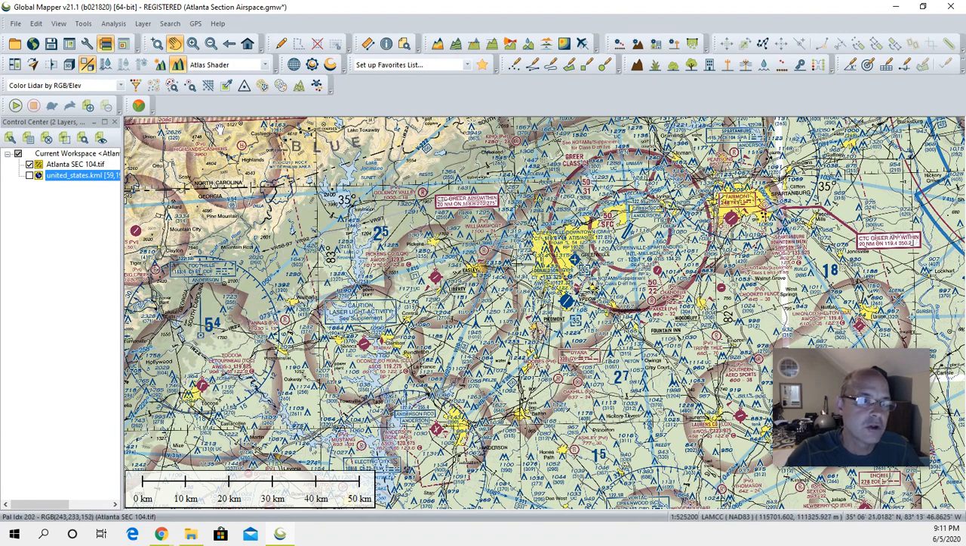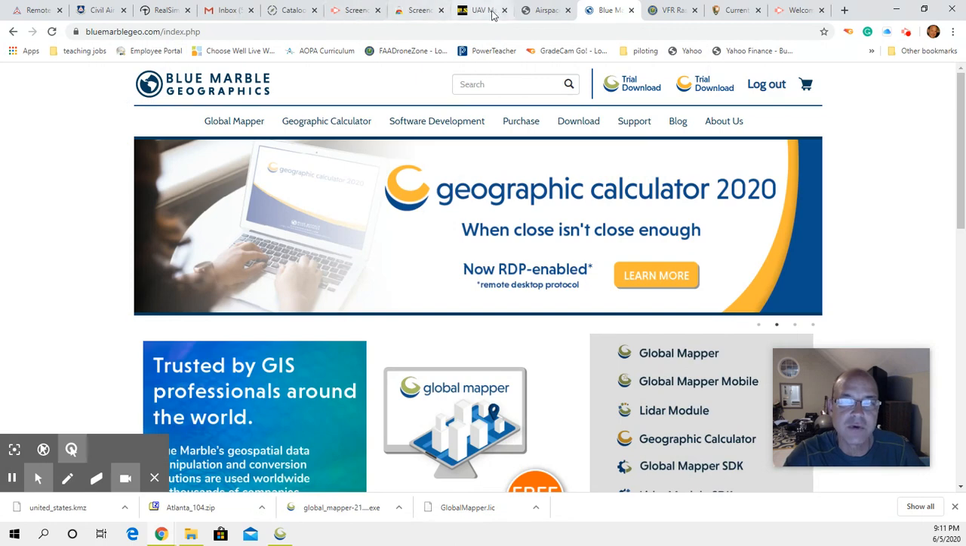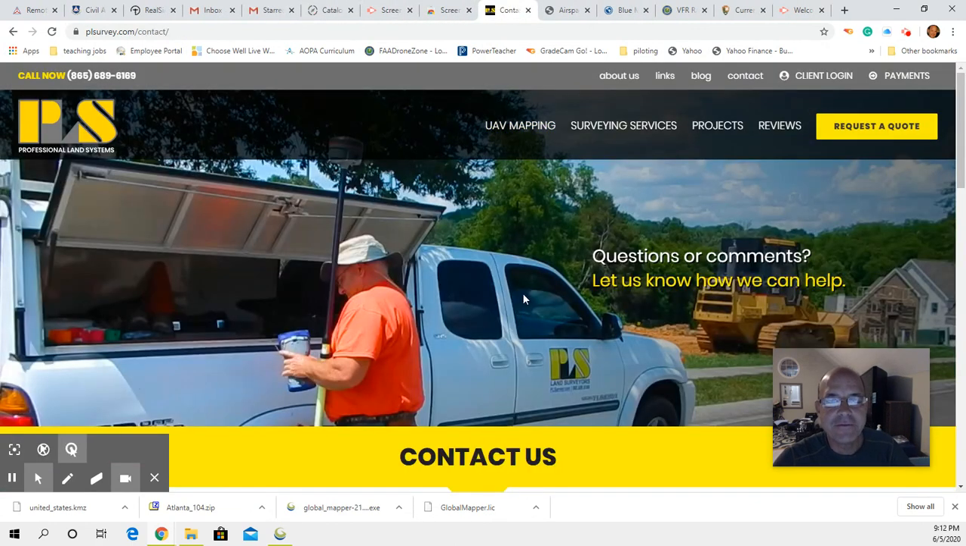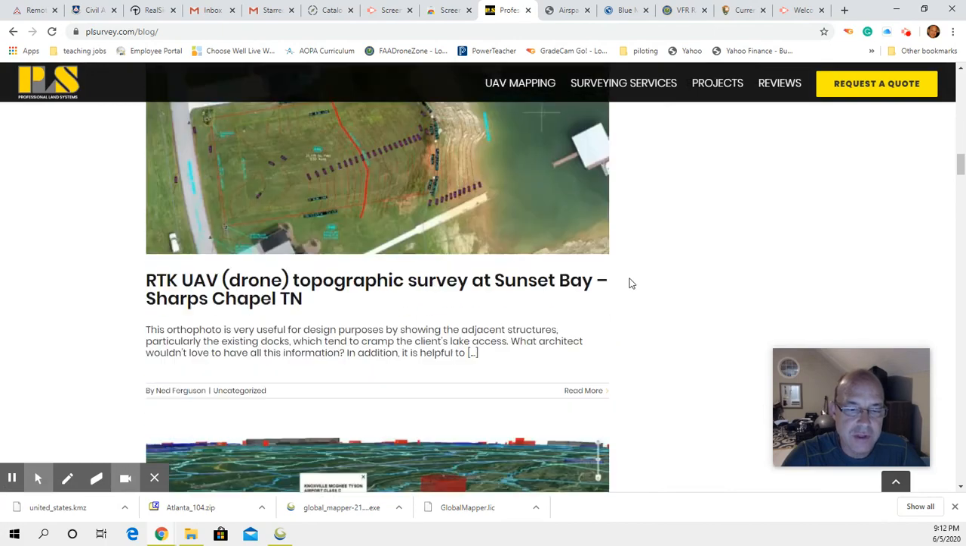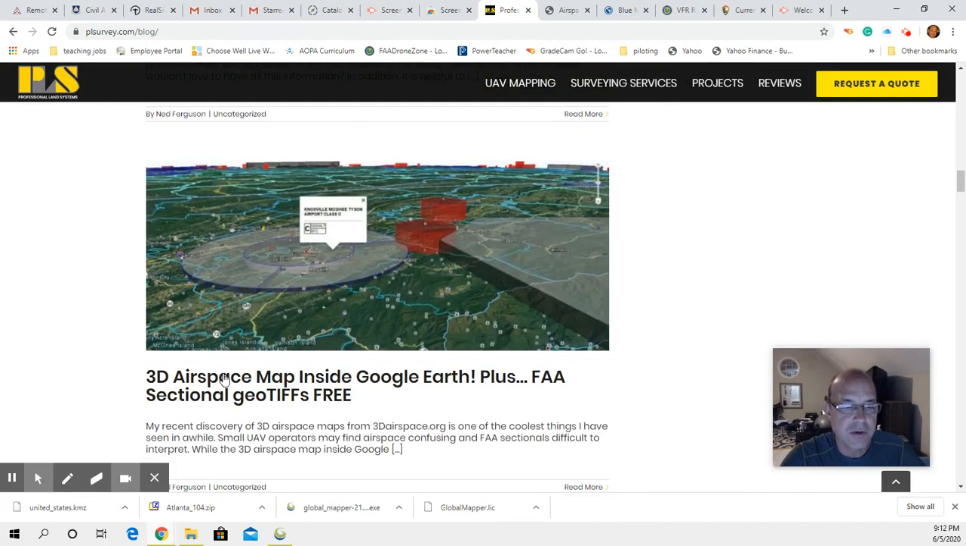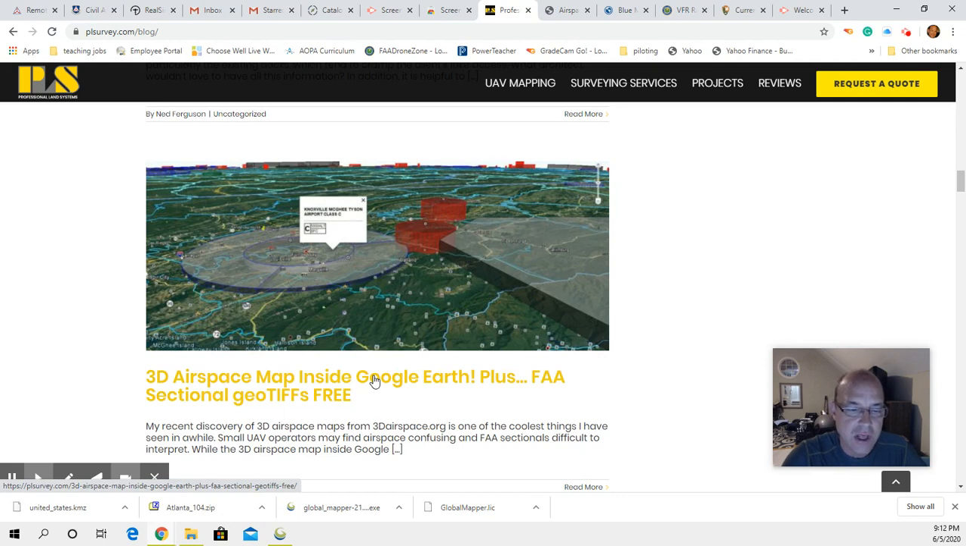It's called Global Mapper, and it is a program that was recommended to me by, let me see if I can pull this guy up, Ned Ferguson is his name. I contacted him through his website because he had an article on his blog about visualizing airspace. And here you go. 3D airspace map is a layer that you can use on top of the FAA's